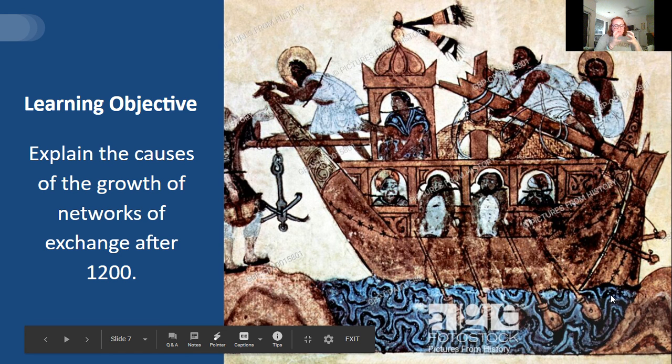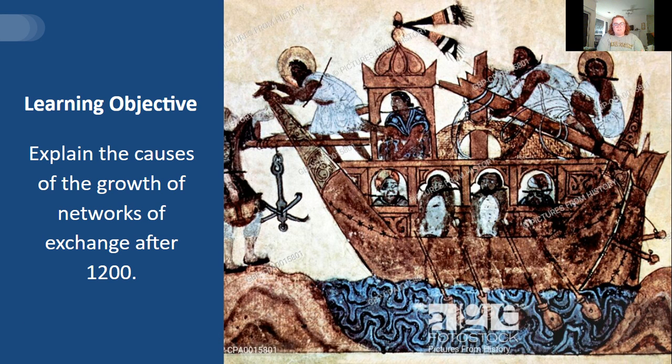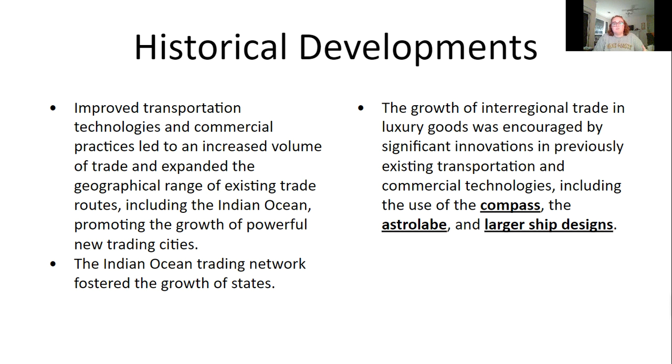So the main objective of looking at these trade routes is to explain the causes of growth in these networks and of exchange after 1200 to 1450. Some of the historical developments that we are going to look at today in Indian Ocean exchange and also the trans-Saharan trade routes are the improved transportation technologies and commercial practices that led to the increased volume of trade and expansion. The one that we are looking at in this one is the Indian Ocean Trade Network